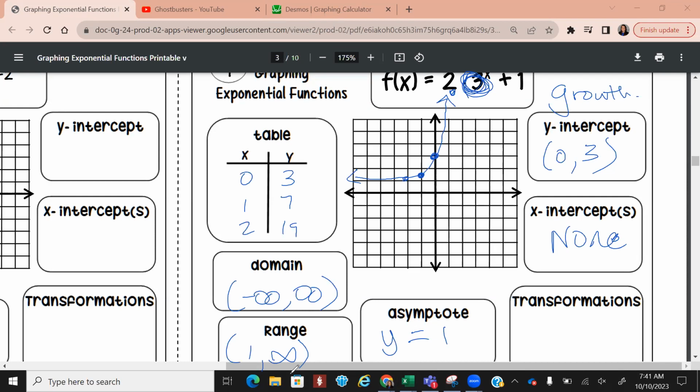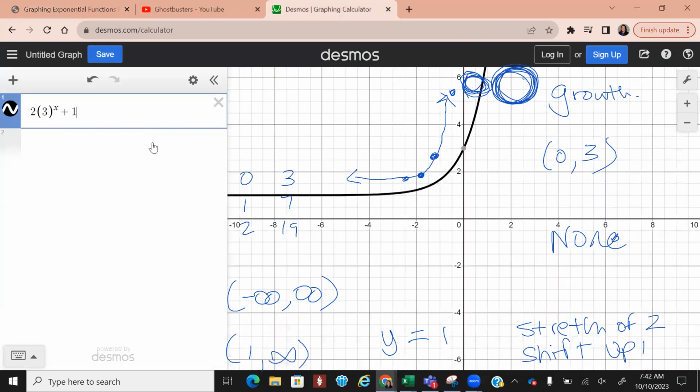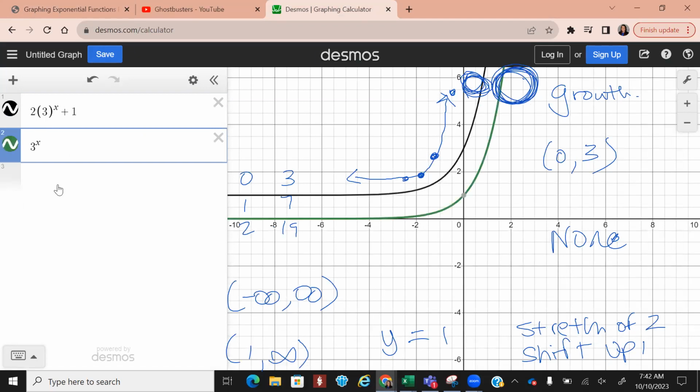Okay. Fun fact, whatever number that's added out here is what your asymptote is. Okay. Transformation, we're going to have a vertical stretch of 2 because it's the number that's out front. And then we're going to have a shift up of 1 because that's the +1 on the outside. Okay. And you can compare this to, let's say you took off the 2 and the 1. If you compared it to 3 raised to the x and you looked at this graph, if you compared green to black,